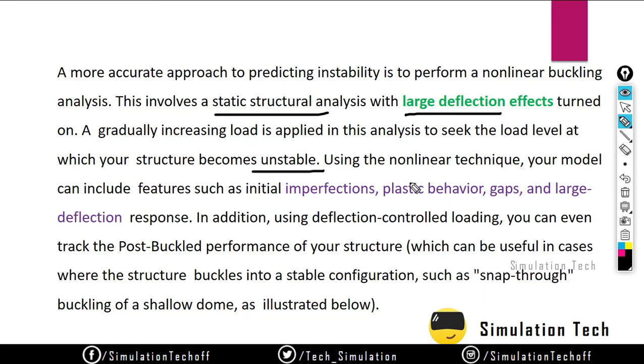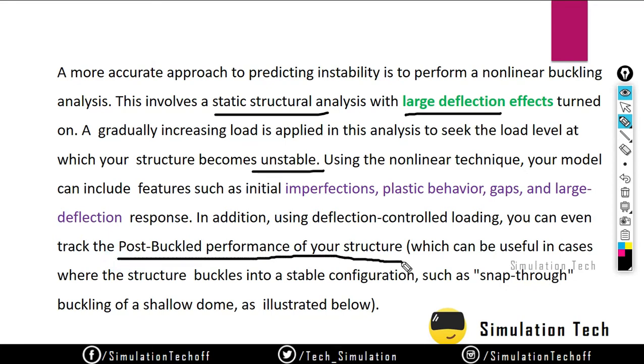Using nonlinear techniques, your model can include features like imperfection, plastic behavior, gaps and large deformations, as we already discussed in the static structural environment. You have three different types of nonlinearities: geometrical, surface, and material nonlinearities. You can include anything you need. In addition, using deflection control loading, you can even track the post-buckling performance of your structure.